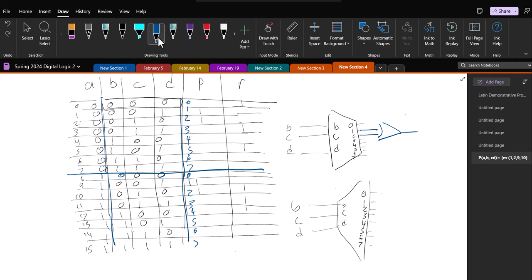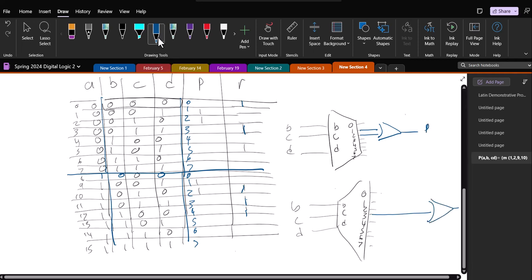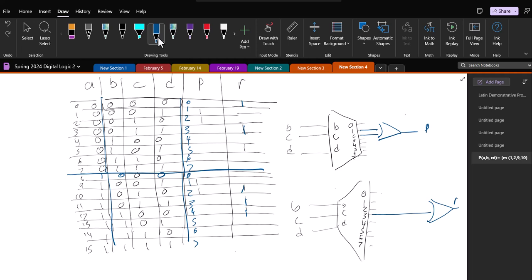It's a little more complicated for R. You can see that for R, if BCD is 3, then that will give us a 1. Otherwise, when BCD is 1 or 2 and A is 0, so I will take the OR of 1 and 2 and AND it with the not of A. And then I can OR that to the 3. And then I can take the OR of 2 and 4, no, not 2 and 4,